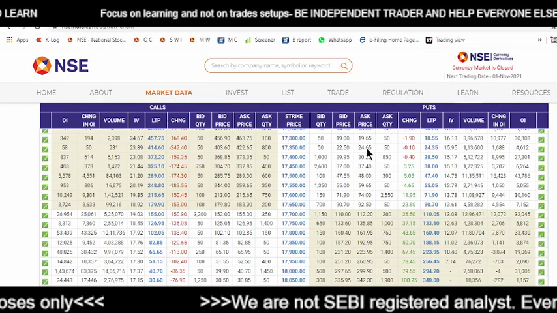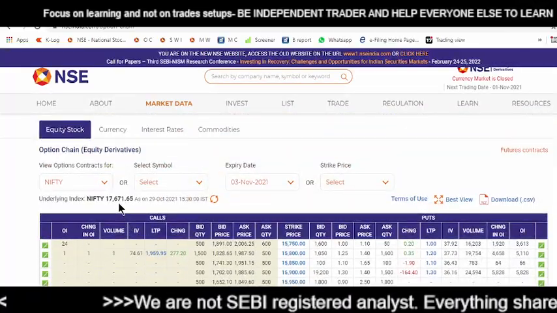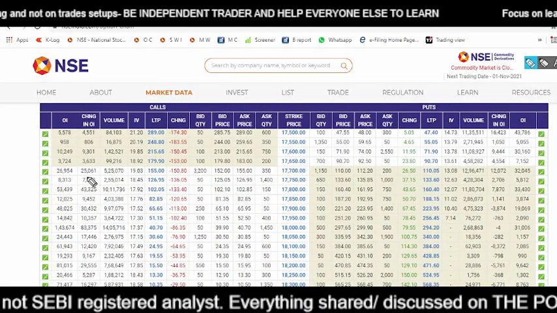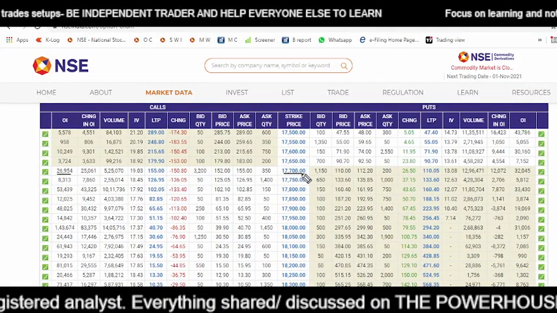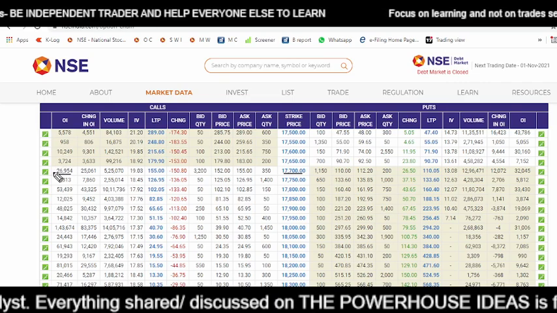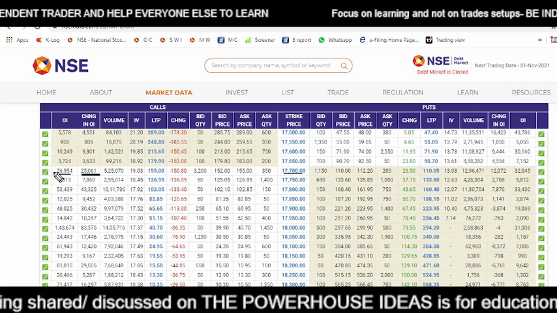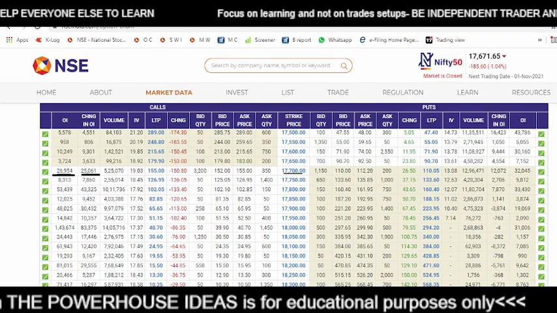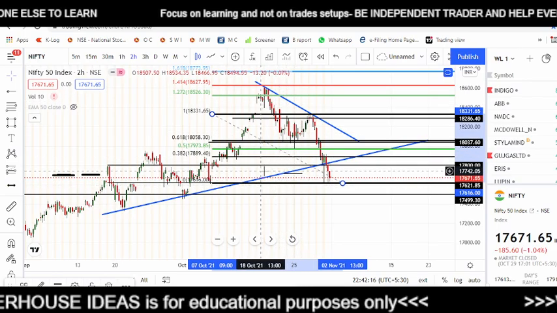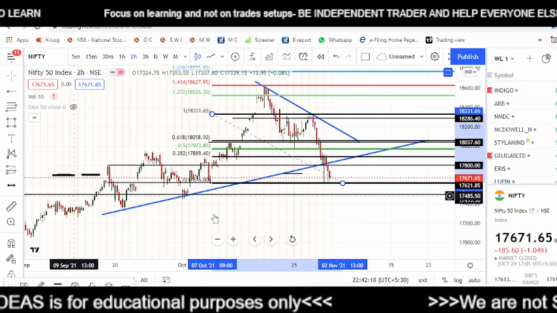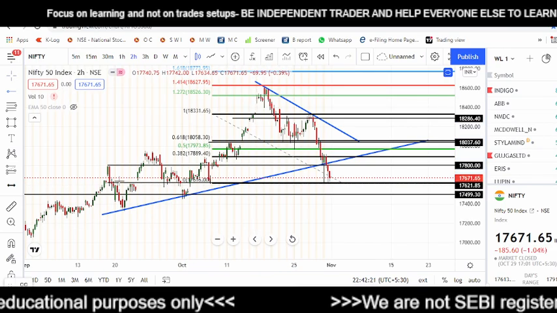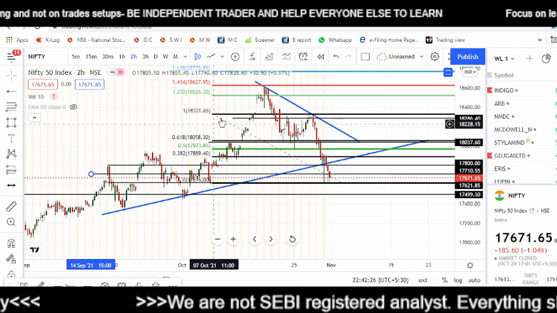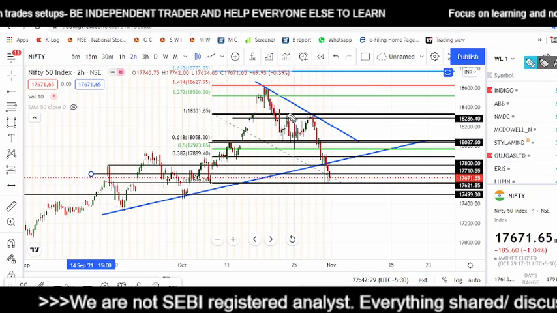We are right now at a spot price of 17,671. So let us find some important resistance. This is the first resistance, 17,700, which will work as a resistance. We can see that 25,000 contracts have been added at this level. Let us see where 17,700 is on the charts. 17,700 on the charts is supposed to be at this level. Let me mark that level for you. Here is 17,700. As you can see, we have marked 17,700.